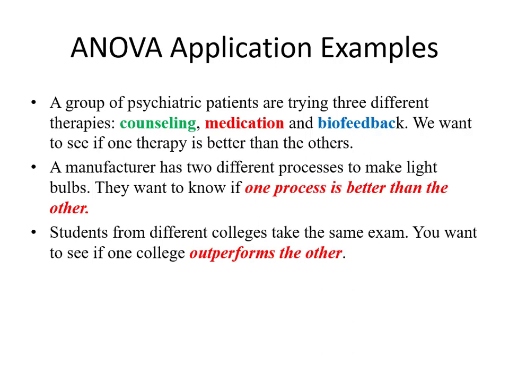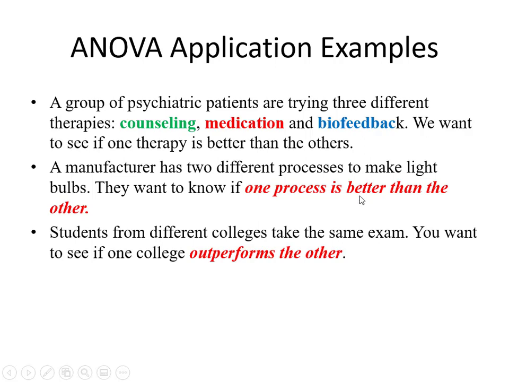So now we have three types of data. We want to know whether all these therapies have the same impact on the patient or not. For this purpose, we can use an analysis of variance. You can also use the t statistic while comparing counseling with medication, counseling with biofeedback, or medication with biofeedback. But once again, as I already mentioned, there will be a chance that you will commit a type 1 error.